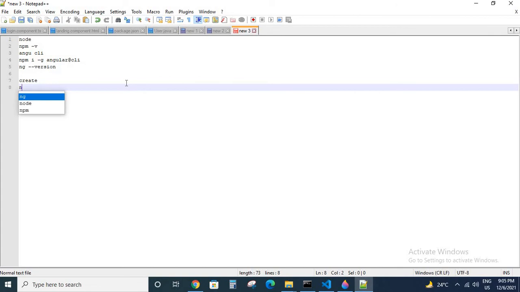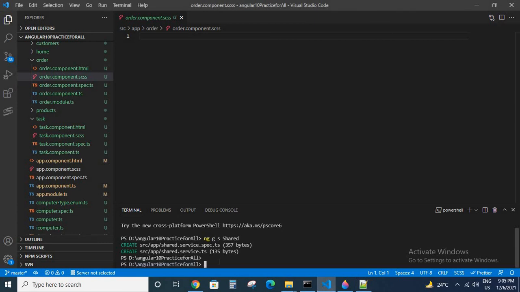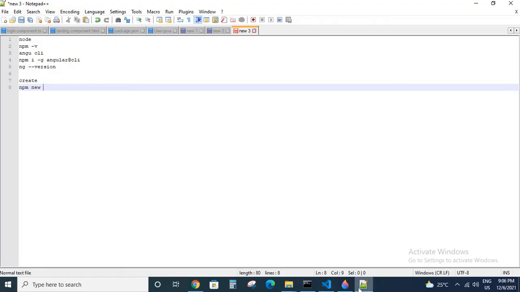Just type here ng new project name. I have already created one, so I will take the same name. Okay, Angular 10 practice for all. This is the name I created. Angular